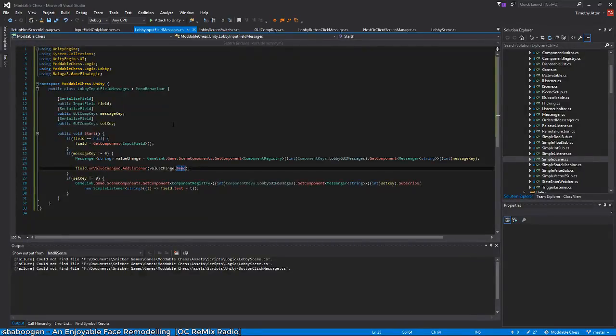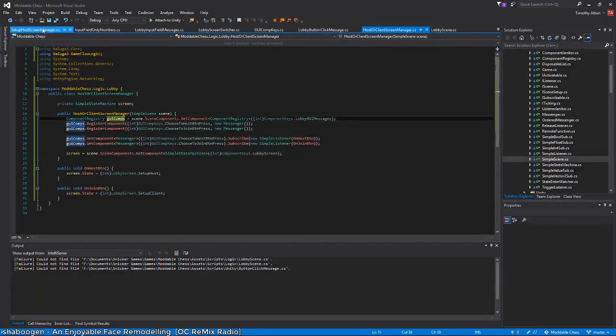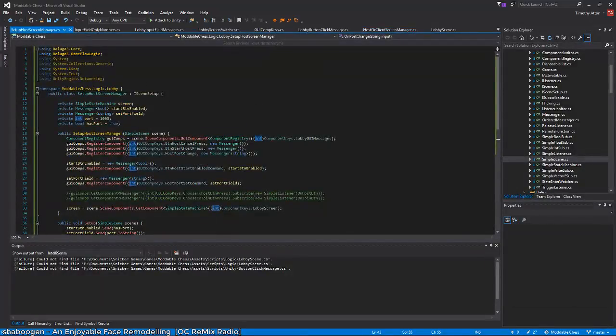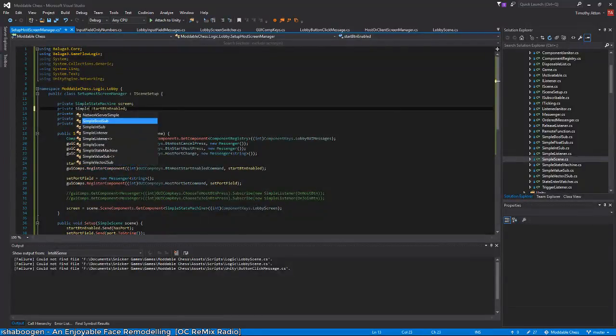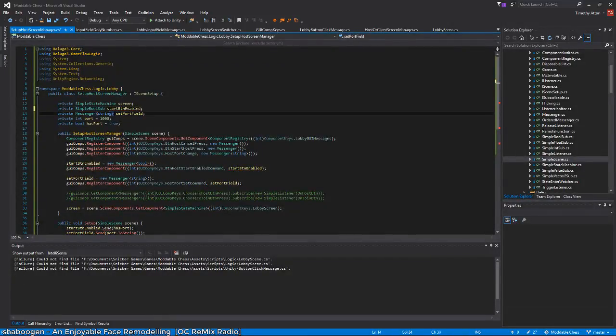Okay, so maybe the best way to do this actually, what am I looking for? Yeah, here. Instead of using a messenger, we'll use one of those simple subscribables like we did before. Oh, wait, I think I have a simple bool sub. And then